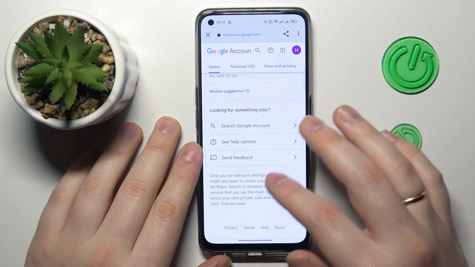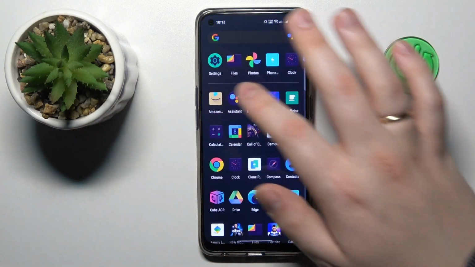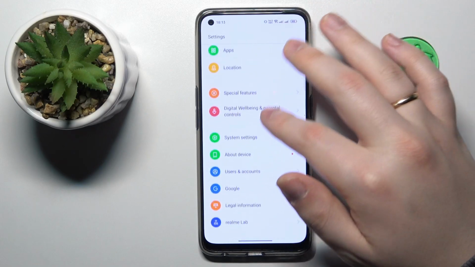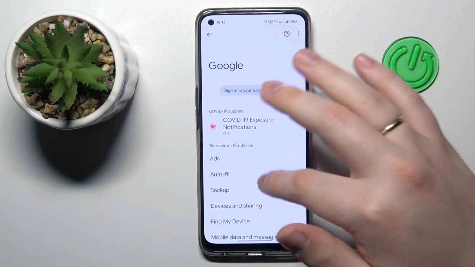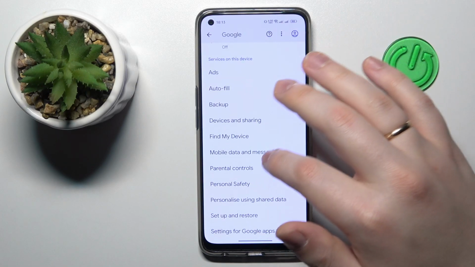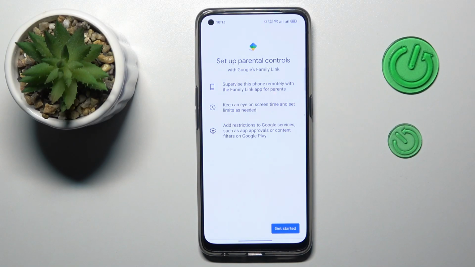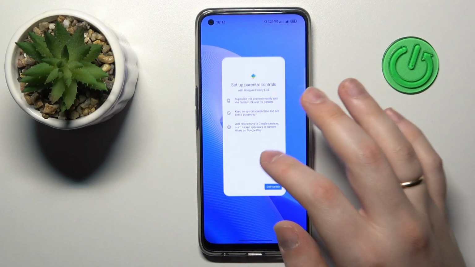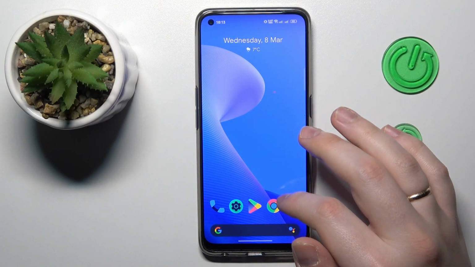From here, the parental controls were switched off, which I will demonstrate to you right about now. So as you can see, there is no Google account added or linked, and if I will open up the parental control services, there will be none. So basically from here, all that it's left to do is to recover or restore or remove the Google account,